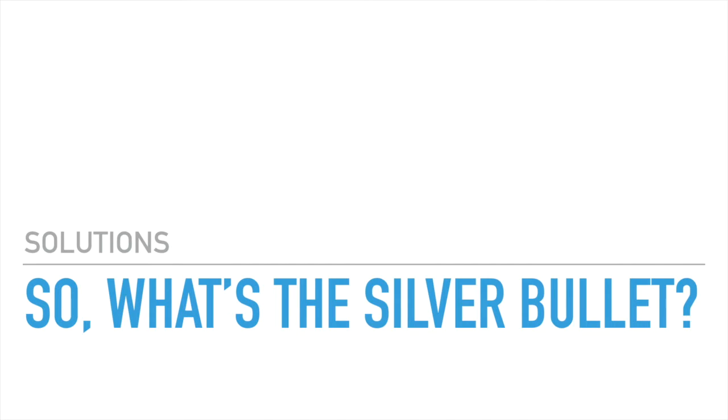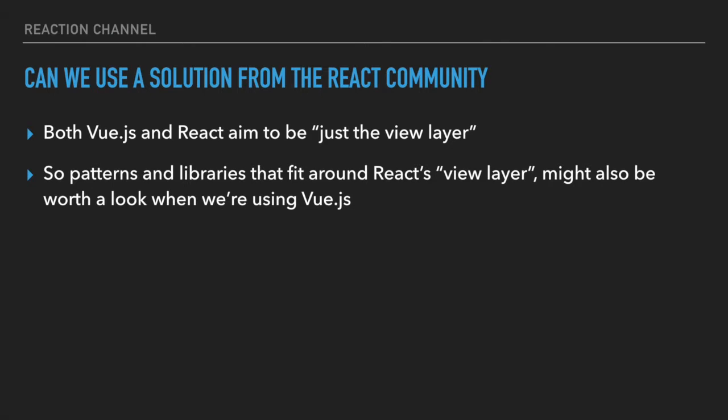So, what's the silver bullet? Well, surprise, surprise, there isn't a silver bullet, I don't think. I think we're all trying to solve this problem on some level. All of these front-end frameworks are also trying to solve the same problem, trying to solve this complexity problem, trying to take your complex requirements and make it much simpler to build a user interface. How do we make this complicated thing simple? I mean, is that even possible? Should we be searching for a silver bullet, or should we just get on with building with the tools that we've got?